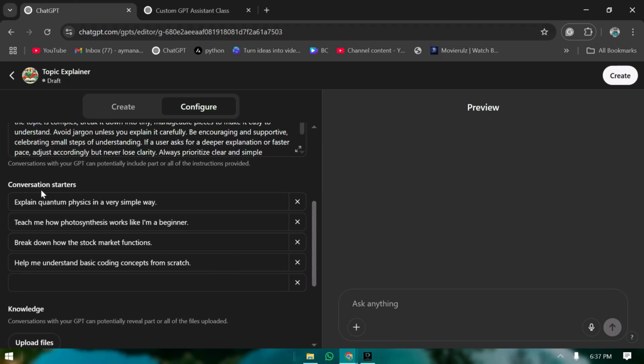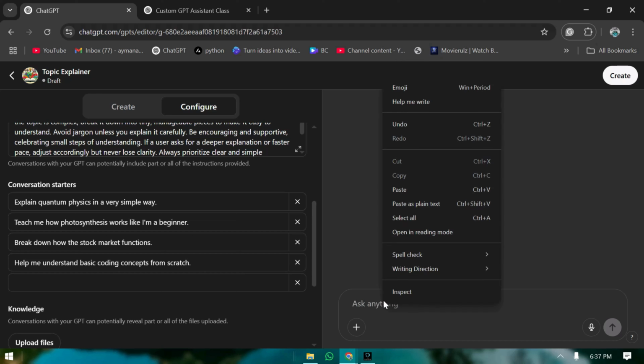And here are the conversation starters: explain quantum physics in a very simple way, teach me how photosynthesis works like I'm a beginner, break down how the stock market functions, help me understand basic coding concepts. So here, other than class questions, like school questions, education questions, you can ask other basic questions also. So here in the preview I got a question: